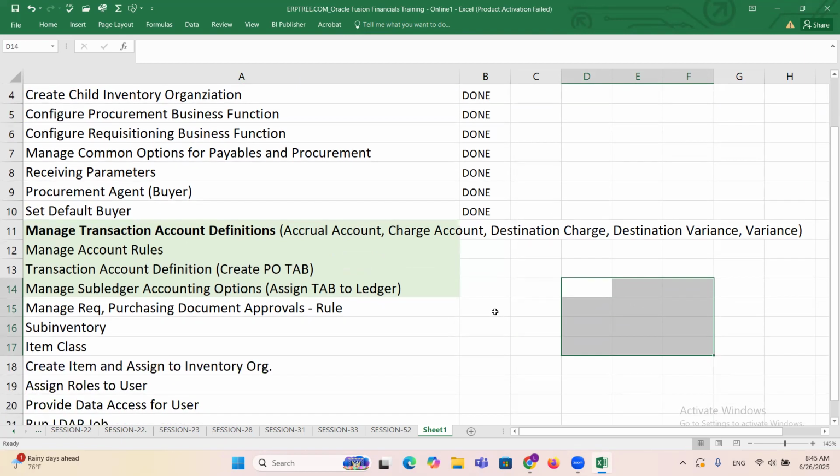So when you create requisitions and purchase orders within the purchasing application, the system will look for a few accounts. Those accounts it will pass to the payables application and the inventory side also, based on the process which you follow. So let's talk about purchase order. When you create the purchase order,